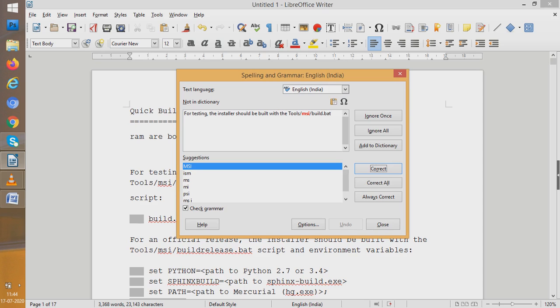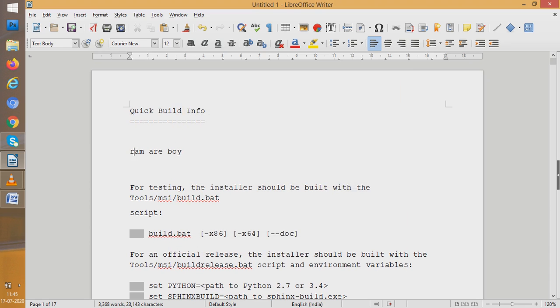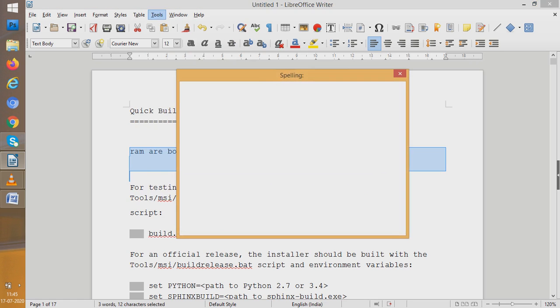Now I have also written check grammar. Is it checking the grammar properly? Let us see. I want to check this: Ram our boy. And I want to go to Spelling and Grammar.